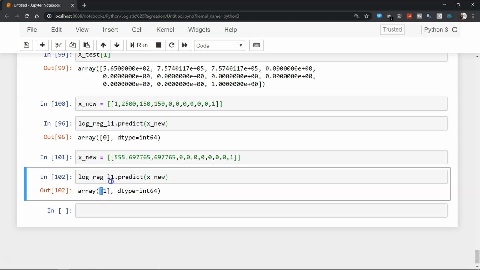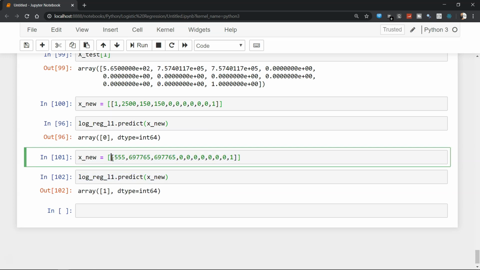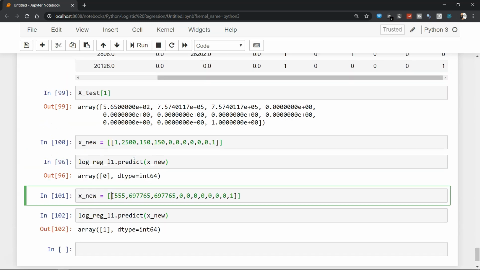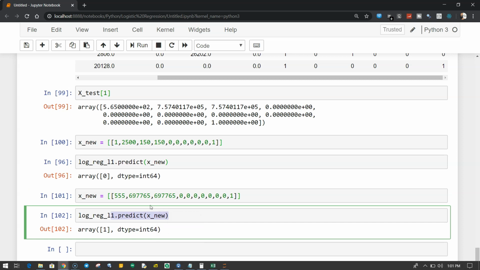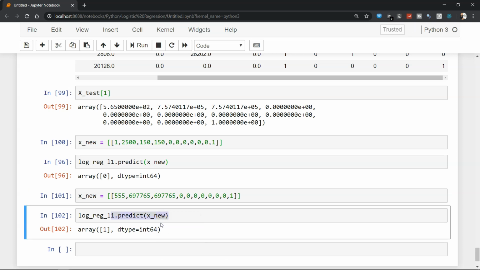So this is a manual way, but you will get the values in a dataset which you can convert into a two-dimensional array, as we converted earlier, and then use it in the predict function. It will give you the output for all the values that you have. So that's how you can do the prediction, by providing either manual or dataset values. If it is a dataset, you need to convert it into a 2D array so that it can pick it up and give you the prediction.